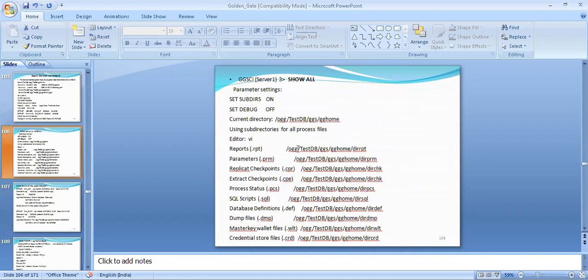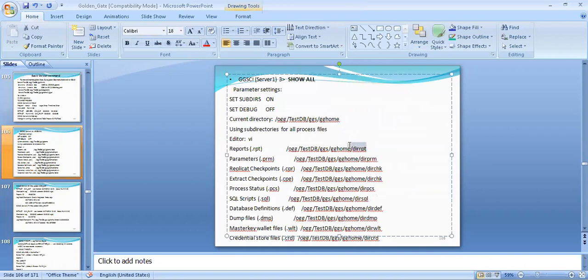In Golden Gate there are some basic directories, and each directory has its own importance. The dirrpt directory is used for report files only. At the time of troubleshooting, you can check the report file for a particular process from this directory.